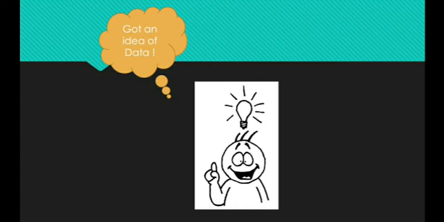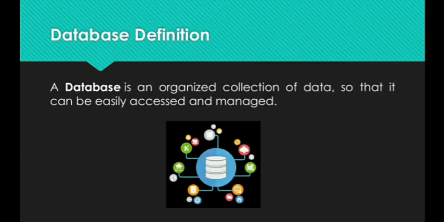Coming to the database, a database is an organized collection of data that is generally stored and accessed electronically from a computer system. That means it is a set of related data, and the way it is organized. To access the data or to perform any kind of operations on that database, we need software called DBMS, that is Database Management System, which we are going to learn in the next session.